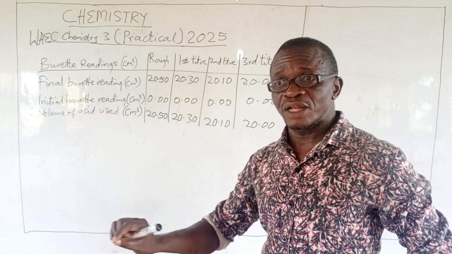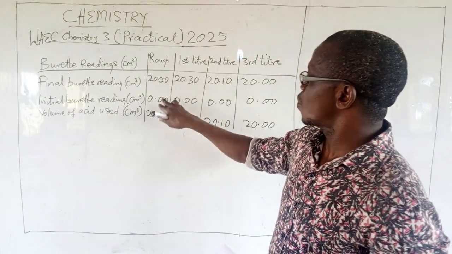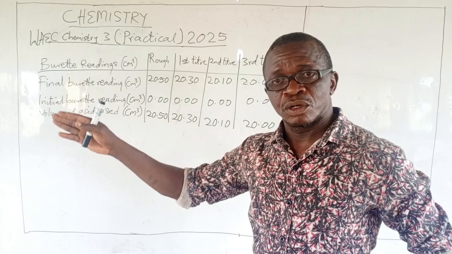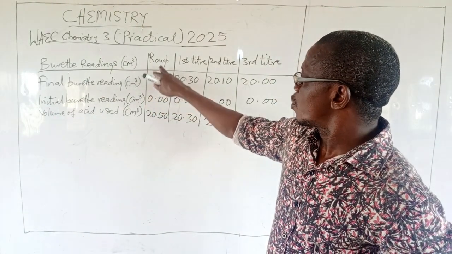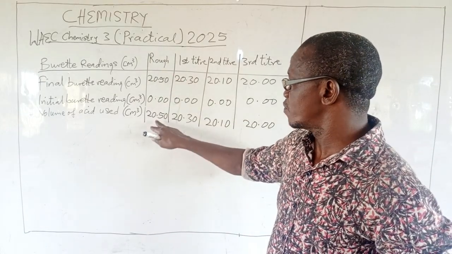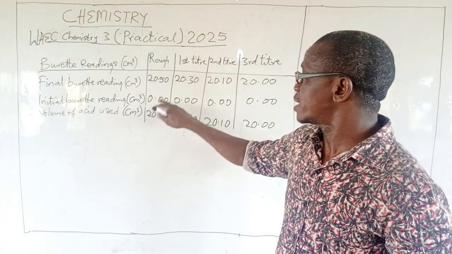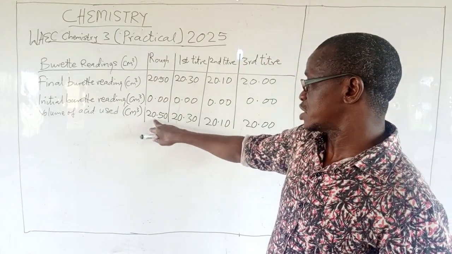This is the titer value, but acid has been added more, then you have overshoot. So that's the reason rough is, in most cases, higher in value than other titrations, because these other ones you have known,